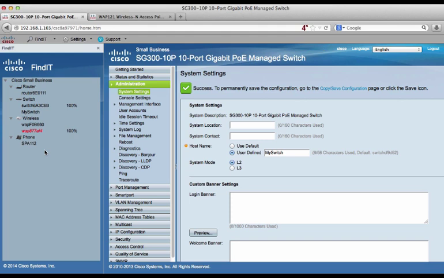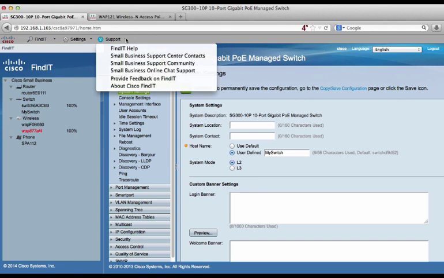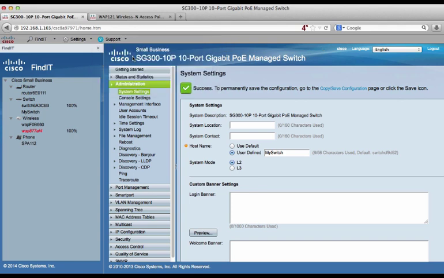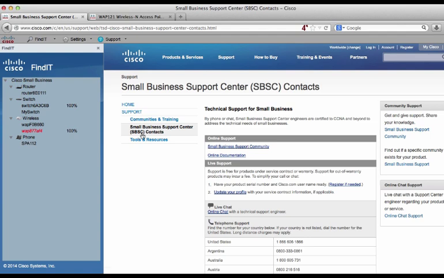and I'll be able to see the new version has taken effect. Now, the other things I can do here, maybe if I'm having problems setting something up or I don't quite know what to do next, if I go into the support menu here, I can find out how to get in touch with the support center. Here's all the phone numbers for the support center if I need to log a case,